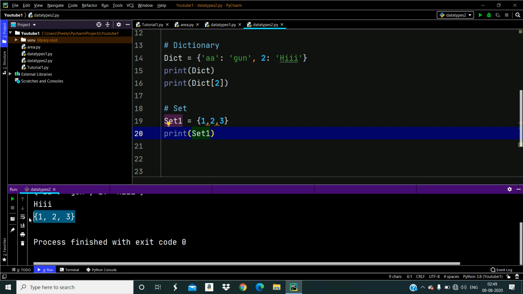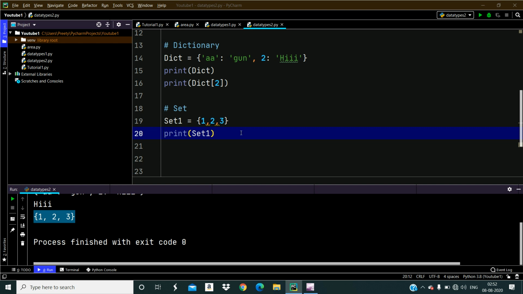See what you got. But here in a set, as in a list, you could access the values using index values. In a dictionary, you could access the values using the keys. But in sets, you can't access these values. You can just perform certain operations you have read in mathematics, like union, intersection, and many more. We'll discuss it later. So you can't access each value of sets. In case of a list, we have seen that it supports indexing. In case of sets, you can't access each value using an index.